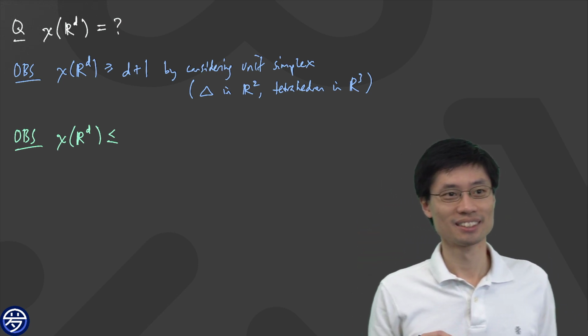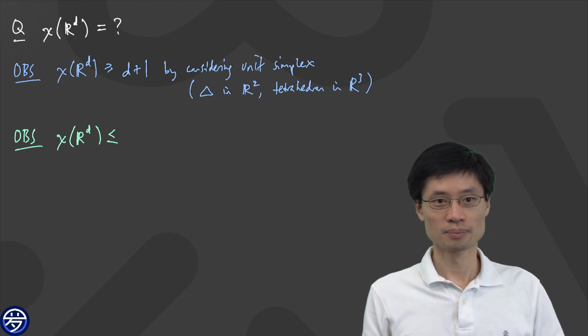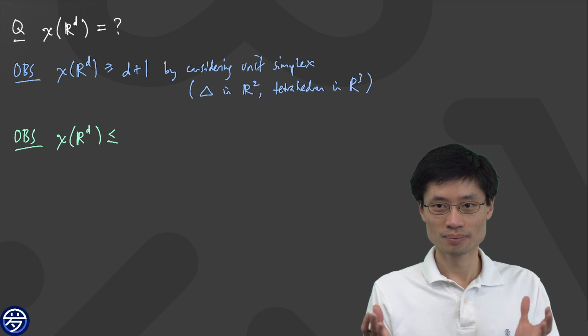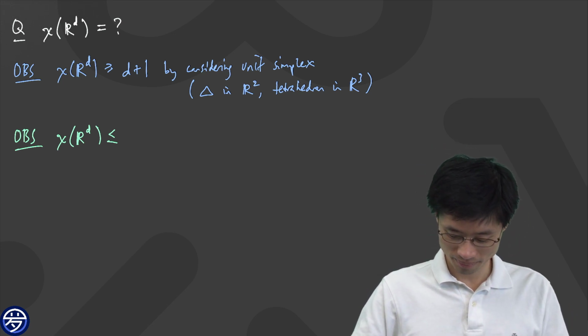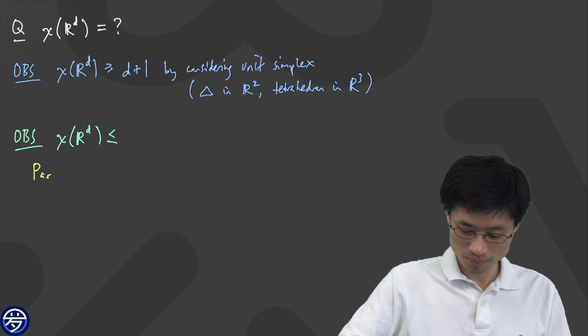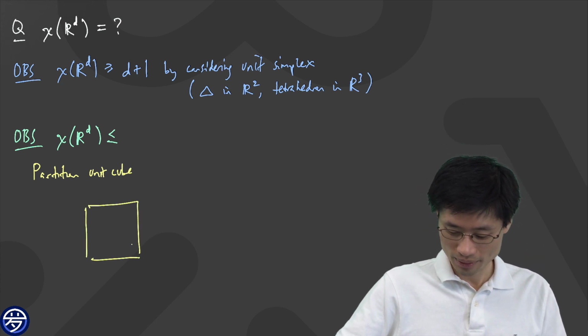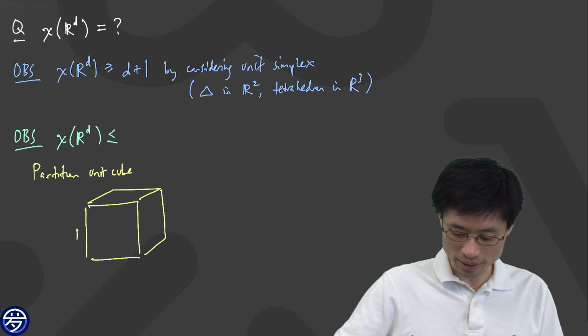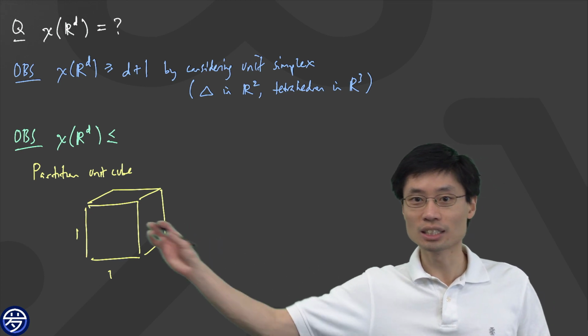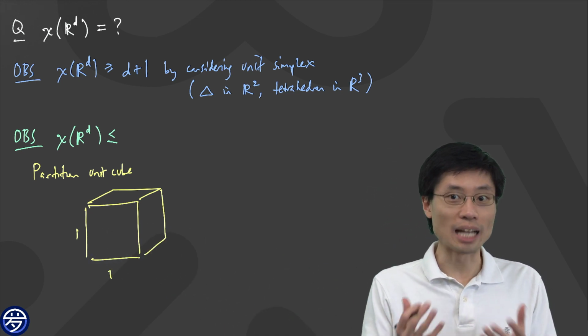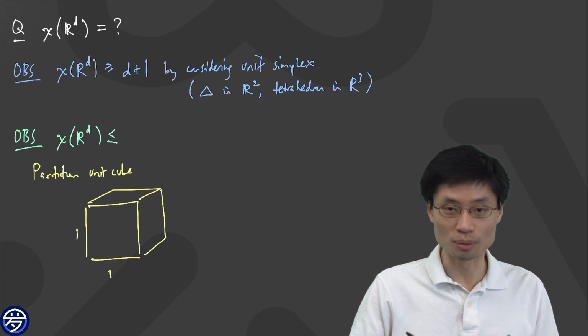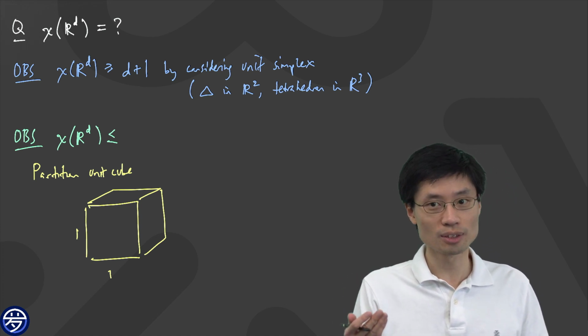Yes, Tingwei. Like if you partition it into some small cubes, maybe the length of the diagonal is at most 1. And you can color it by maybe 3 to the D or 5 to the D colors. Okay, let's try partitioning the unit cube. The unit cube is a good idea, so we're going to take the unit cube. And the unit cube has distance 1 on each side. And you want to partition this into some tiny cubes where each cube has diameter less than 1. Always we want the diameter to be strictly less than 1. That's the same principle as the hexagon coloring.